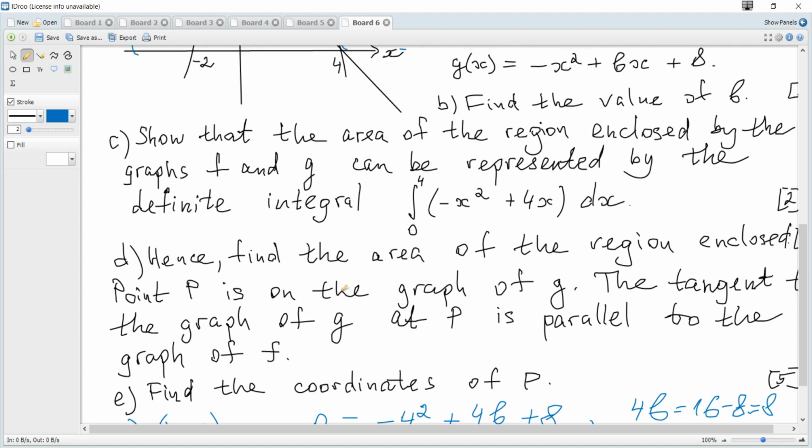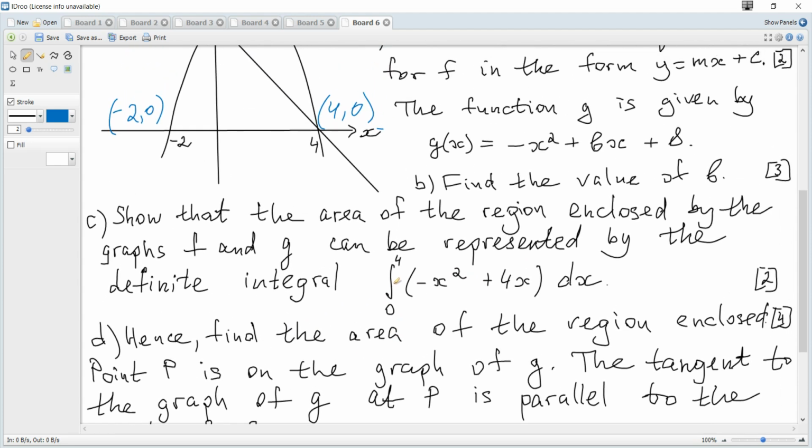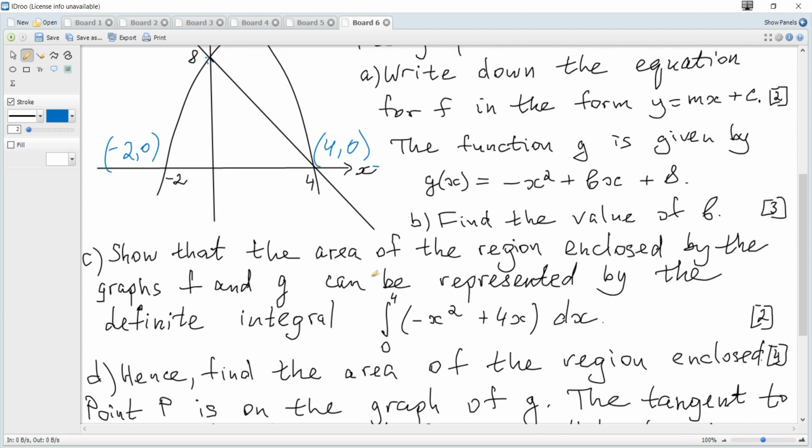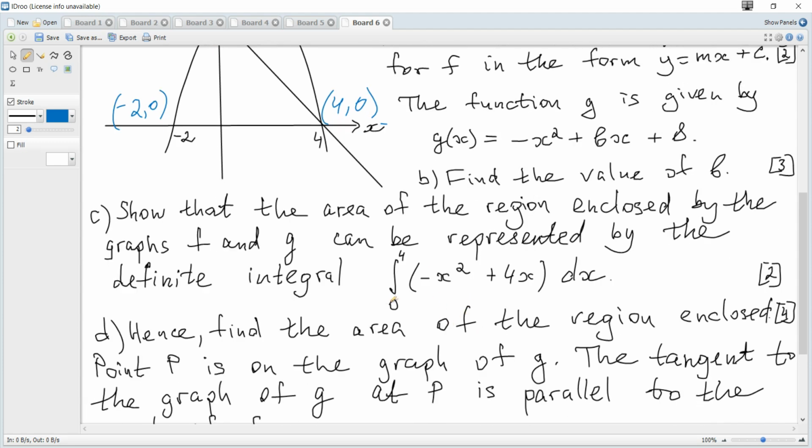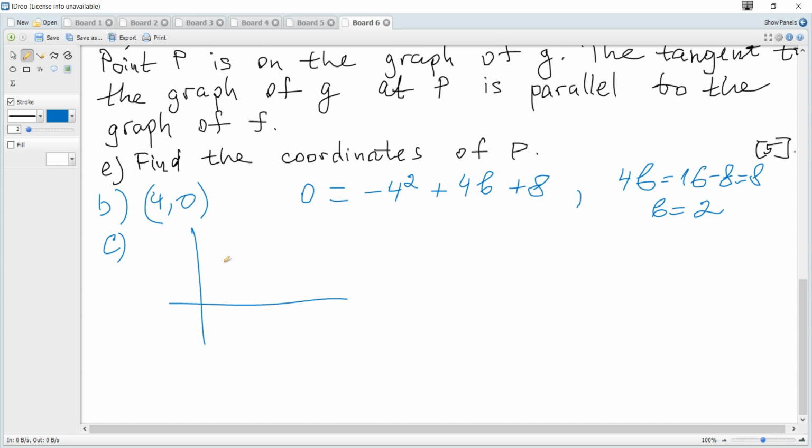The next part shows that the area of the region enclosed by the graphs f and g can be represented by the definite integral given. We know that to find the area between two curves we use the definite integral of the upper curve minus the lower curve within limits, but we should show how to obtain it. It is given in the data booklet that the area between the curve and the x-axis is equal to the definite integral from a to b